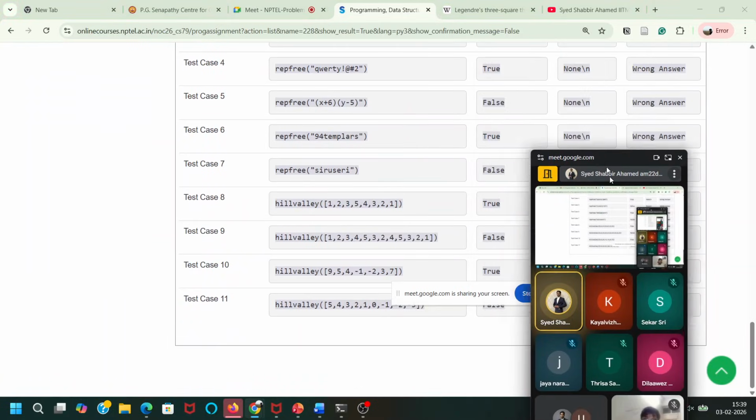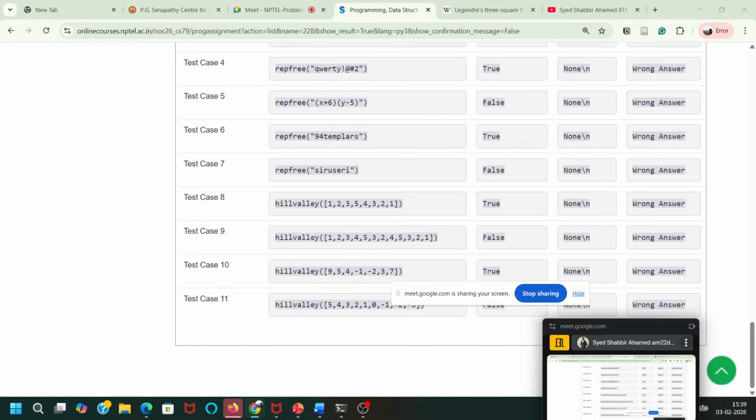A peculiar test case, this ninth case, in which it is increasing, then decreasing, and then increasing again. For this you have to be careful, you have to write some other condition. I have not explained how to write that. So all these things you have to be careful about.